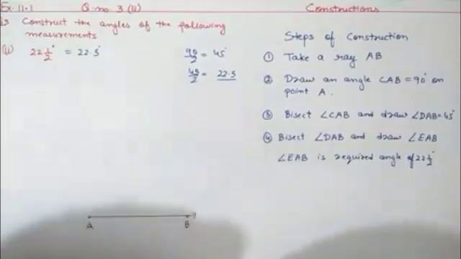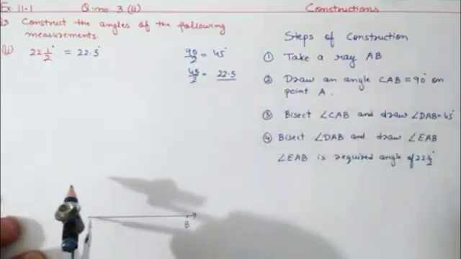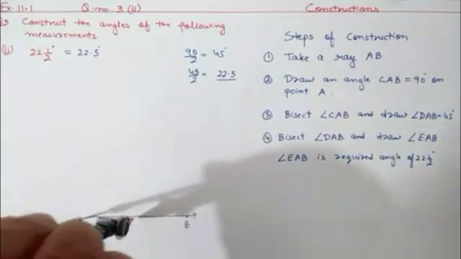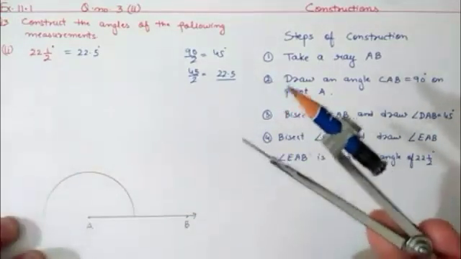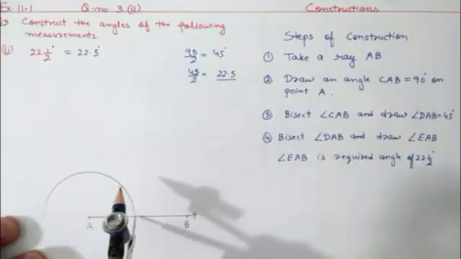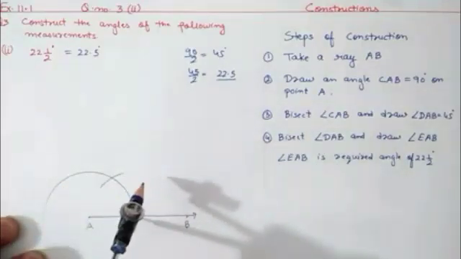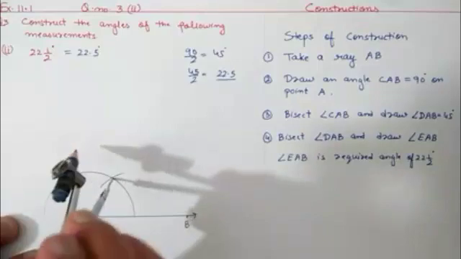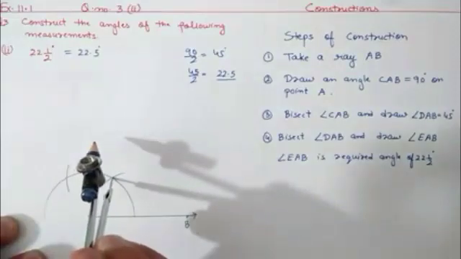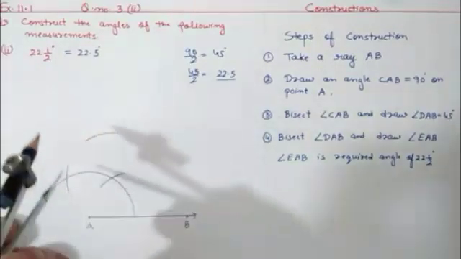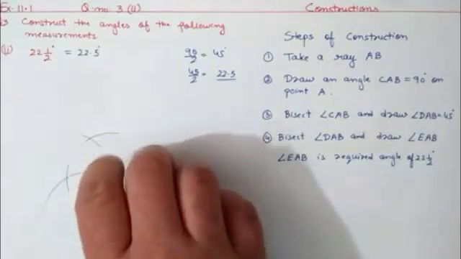After that, keeping A as the center, we will draw one arc. Okay, so here we are drawing that arc over here. So we get this arc. Then, without changing the radius, we will draw one more arc. So this is one more arc. After that, again without changing radius, from the same point we will draw another arc. This is the 120 degree arc. From the 60 degree arc we will get one center arc. Again from the 120 degree arc we will get one more center arc, which is cutting the previous arc.